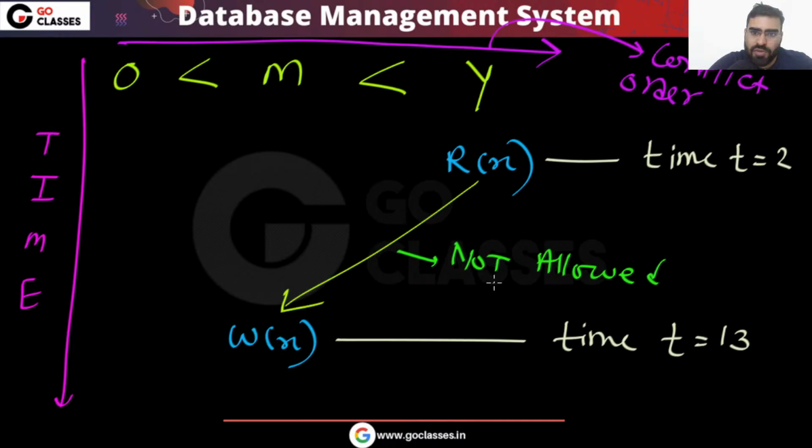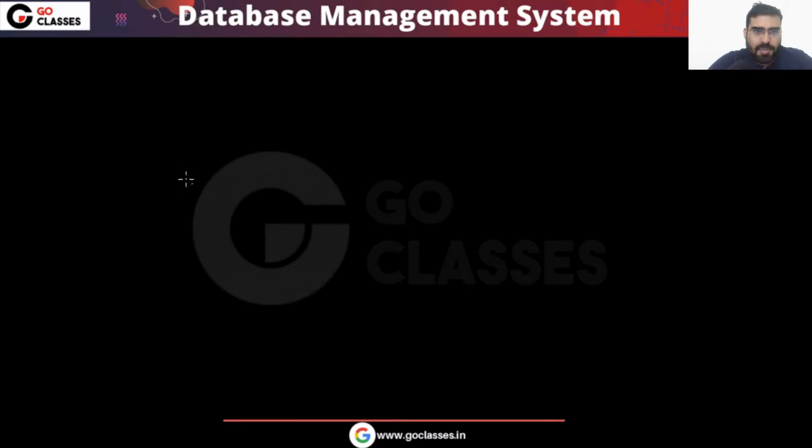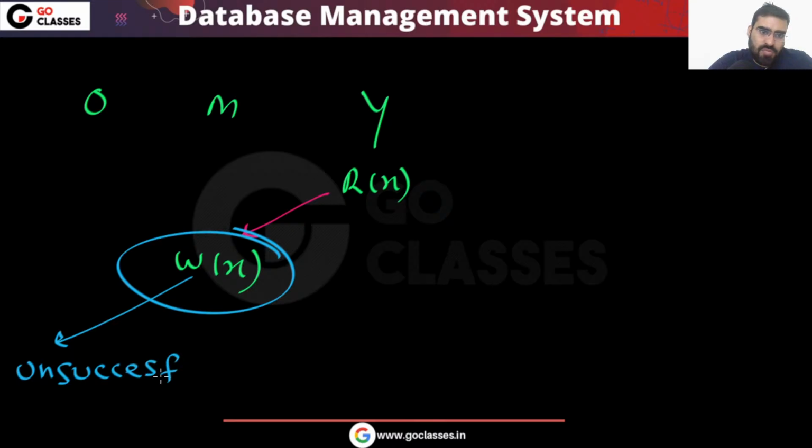So what will happen then? If it is not allowed, who is going to roll back? Here I can say M rolls back, and it will restart. Remember this O, M, Y. Y is reading X, and M is writing X after some point of time. This is not allowed, so this is unsuccessful. At this point of time, M rolls back